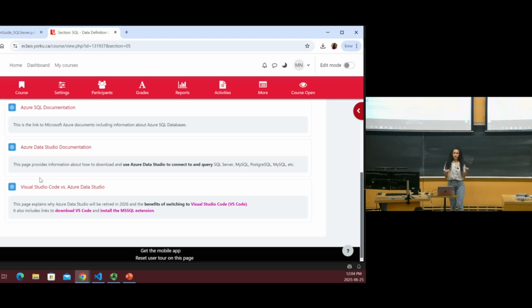Just a quick note, all of us have to set up SQL Server somewhere, right? Either you're installing it on your computer or you're using SQL Server somewhere on the cloud. I'm going to explain the cloud part, which is set up SQL Server in Microsoft Azure portal. And we'll let you know how to do it for free using your student account. And then,